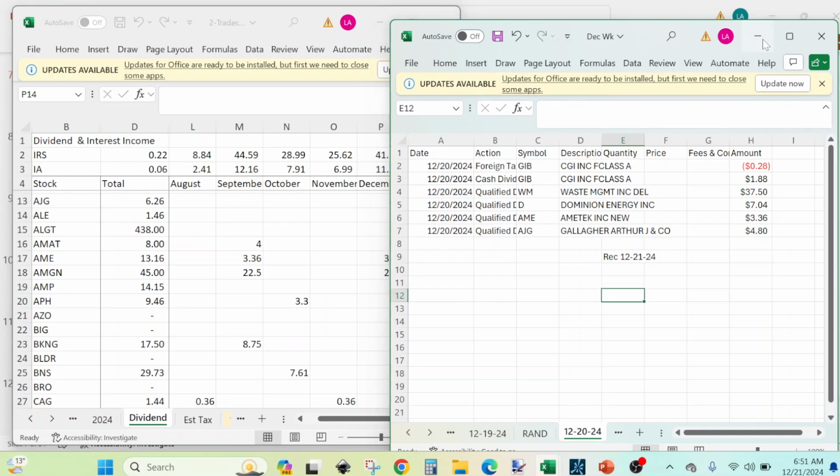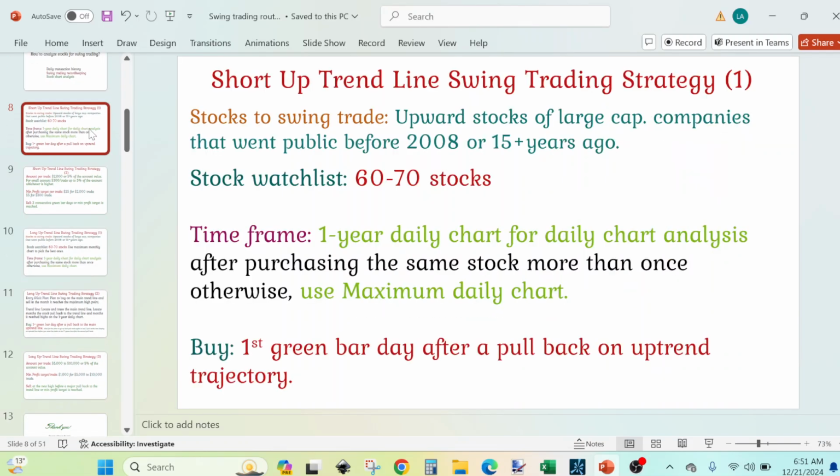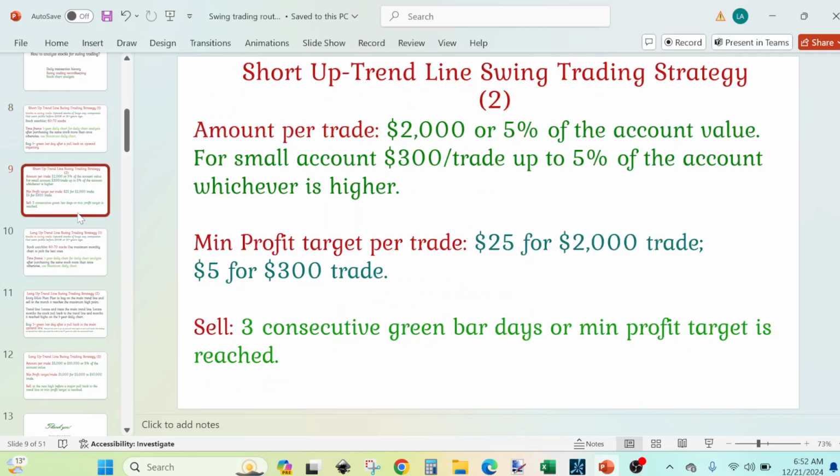So now that we are done with our recording, we'll do our chart analysis, and we are going to use the up-trend line swing trading strategy to analyze our chart. During the year, we use the short trend line to swing trade, following the price fluctuation along the short-term trend line, allocating about $2,000 per trade and aiming for a minimum $25 profit or consecutive 3 green day bars,